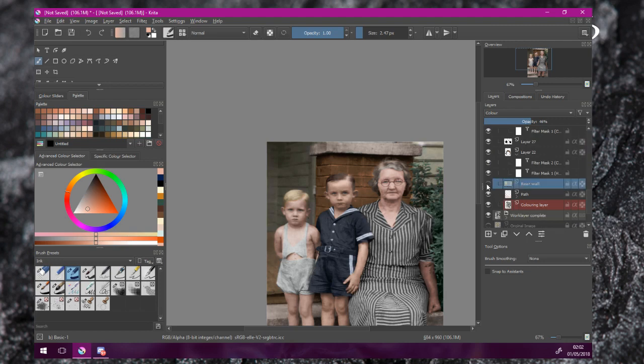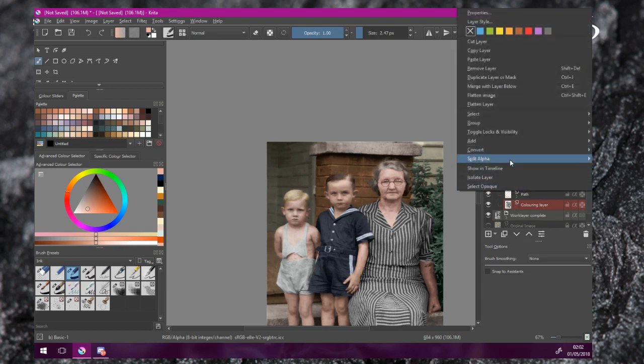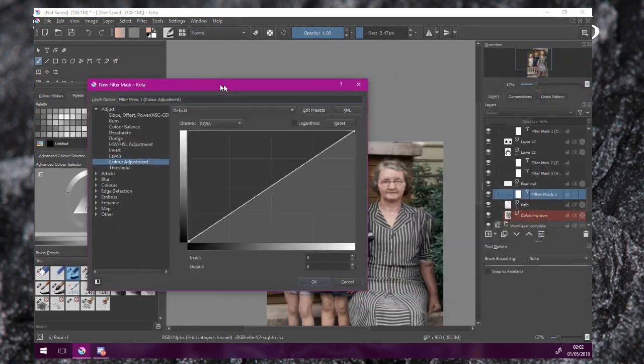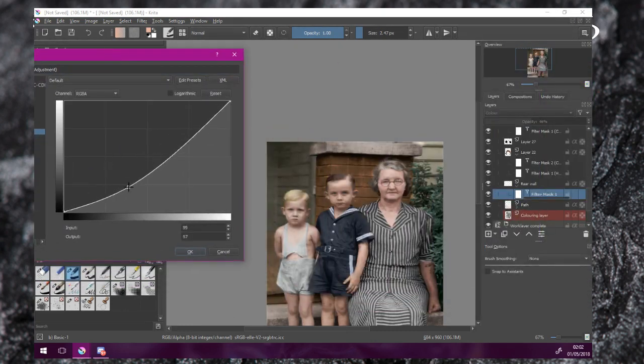There's a real wall layer right here. That's these two layers. So if I right click on these again, add filter mask, and on these layers it's quite a bit darker to be honest, so we're going to be grabbing more of the dark range, push into the greys, bring the colour definition down somewhat, okay, cut off all those high tones. I don't want the back to be so bright,